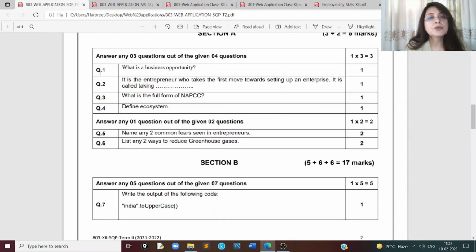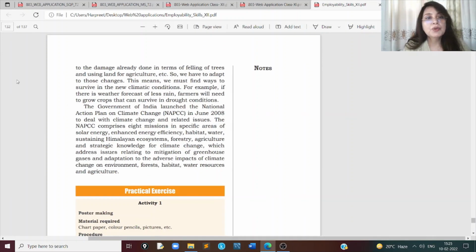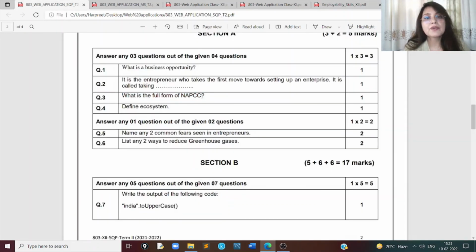So coming to question 3, what is the full form of NAPCC? And this is again a part of green skills. Full form is given on page 121, which is actually the PDF page 132. If you look at this part, that is the Government of India launched the National Action Plan on Climate Change NAPCC on June 2008. इस चैप्टर में और भी बहुत सारे एक्रोनिम्स हैं